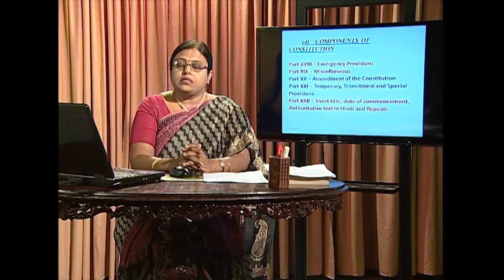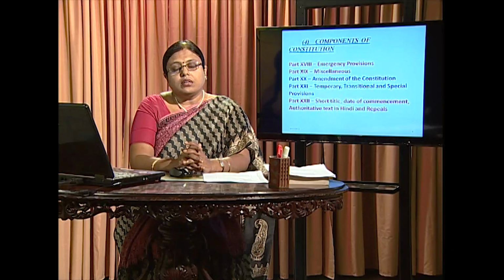So, federalism was found most suitable. But at the same time, the framers of Indian Constitution, the builders of its nation, statesmen, wanted to accommodate a centralizing tendency with the federal spirit. Part 18, that is emergency provisions, is a very good exhibit of this